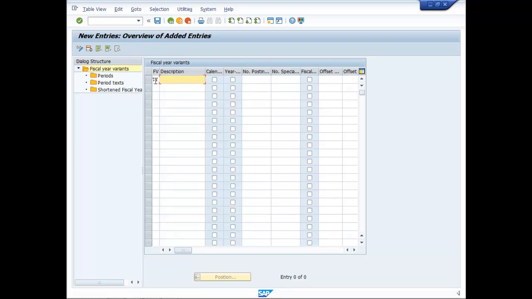Description: our fiscal year starts from April, that is April 2020, and it ends on March 2021. So let us describe it as APR-MAR, that is April to March, fiscal year variant with 12 posting periods